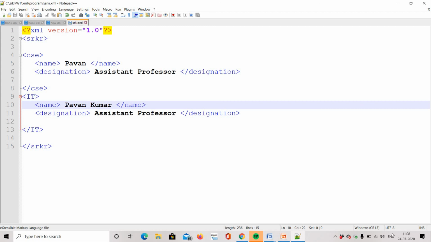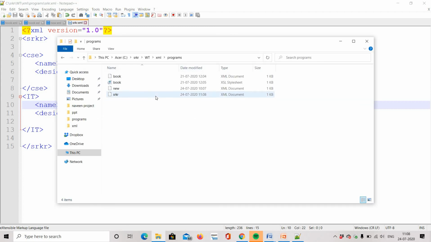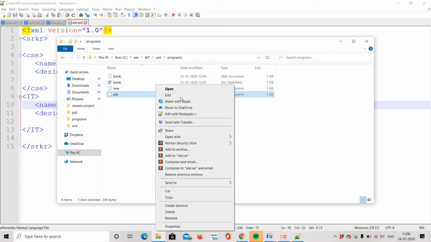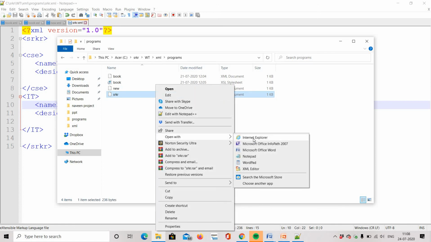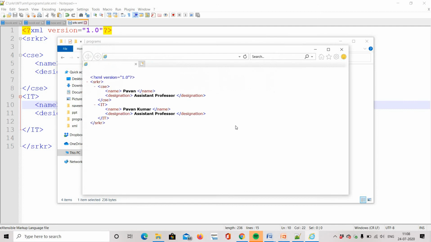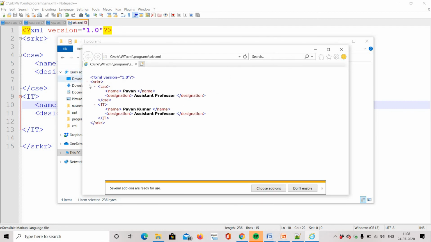Save. After saving, go to the folder. I am going to open it with a browser. So this is the information we had given. This is the inbuilt srkr.